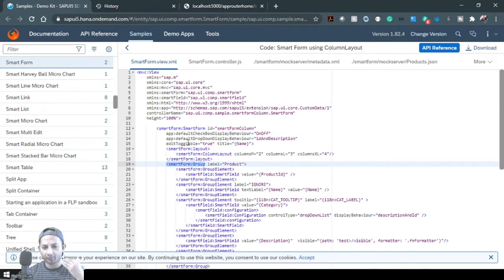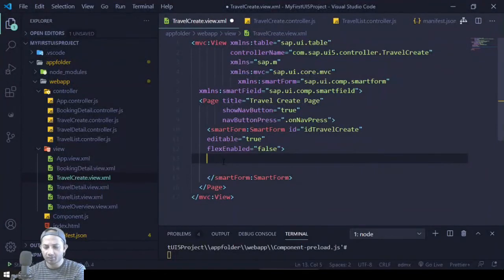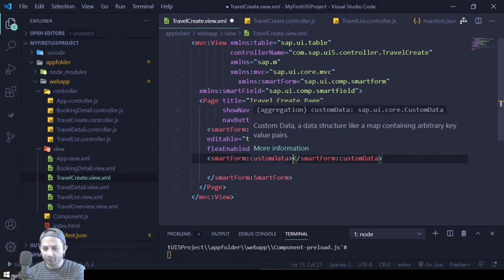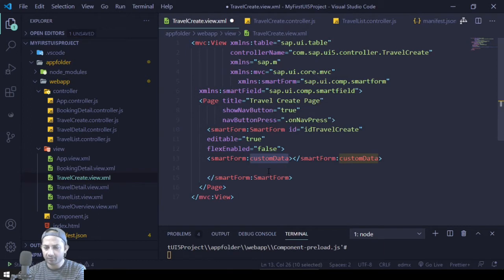So within smart form we'll have a group, and within group we'll have a group element, and within group element we have to put the smart field. So kind of a control aggregation, as you can understand. So let's also build it in a similar way. So let's put something called smart form, but I don't need a custom data. I need something called group,